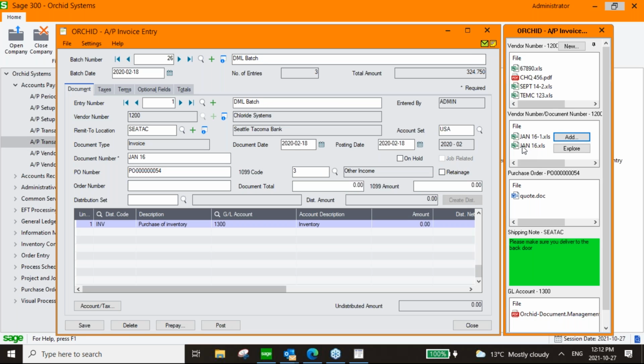Now, in this instance, I want to view only those documents against this particular screen. But in other cases, you may want to be able to view documents against multiple screens. So what I've done in this third box is I've done a configuration around the purchase order number. And these documents would have been attached when I did the purchase order entry. But I've configured the software to specify when the purchase order number appears on a screen. So it's appearing here on the AP invoice entry screen. I want to be able to see those documents. So I'm storing the documents once, but I'm able to view those documents against multiple screens in Sage 300 based on my configuration. So you can link documents to any field on any screen in any module of Sage 300,